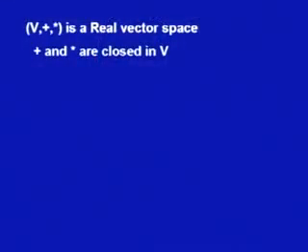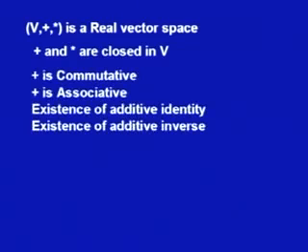A triplet V, a set, and two operations plus and star forms a vector space provided certain axioms are satisfied. The first axiom is that the operations plus and star, we call it scalar multiplication, are closed in V. The addition is commutative and associative. Further, the existence of additive identity is there in the set V, and existence of additive inverse is also there